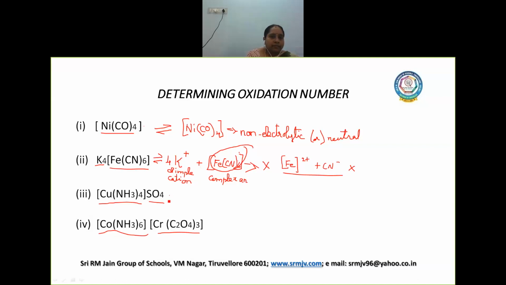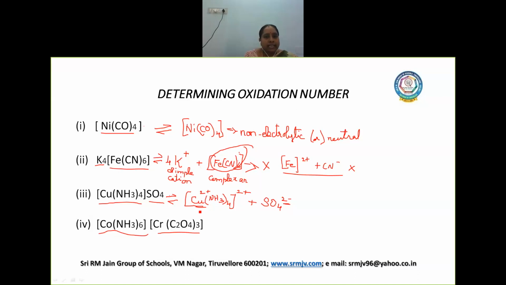In this third case, it can be dissociated because the sphere is present on the left hand side. So it is a complex cation. When it is getting dissociated, we will get a complex cation. Let us see the charge later. And then the anion is SO4 2-. So the charge of the anion is 2-, so of course this complex will attain 2+ as the charge. Is it clear? So the charge of this copper will be 2+ only there. So it is very easy, children, to determine the oxidation state. It is not a tough topic at all.